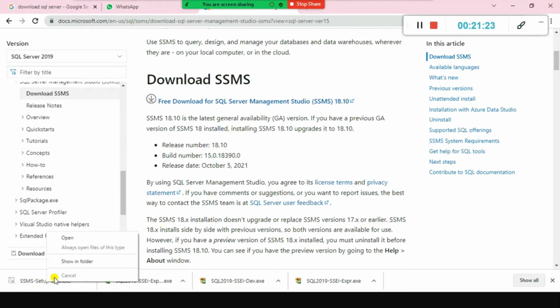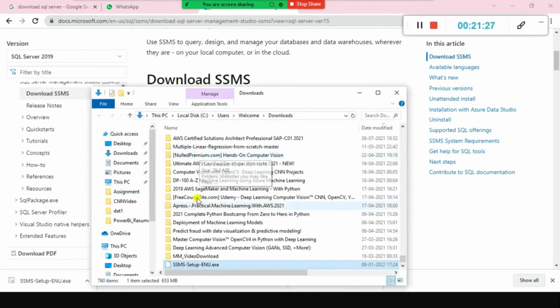Once the download has been done, you just go to the folder and double click on it. Wait for some time. It will launch the installation dialog window.